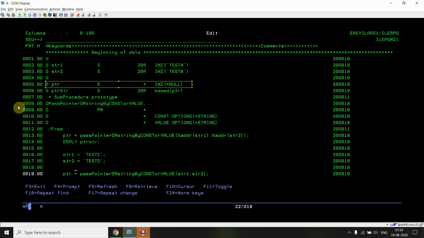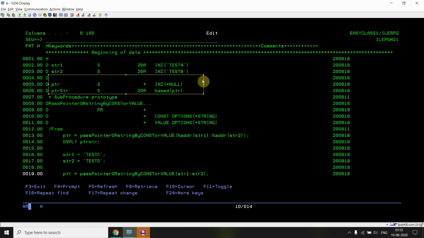To check the data at that address, we need to base a variable or string on that pointer variable, so that we will be able to see the data. At first the pointer is initialized as null, so if we try to put some data in ptr str, we will get the error, pointer not set for reference. Since the pointer is initialized as null, no address is assigned to it.